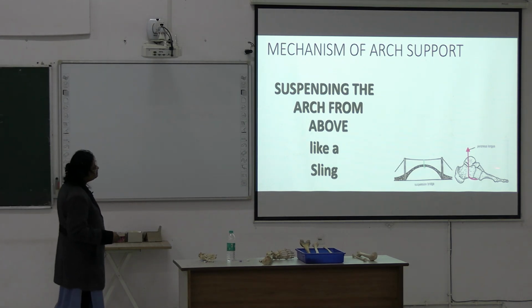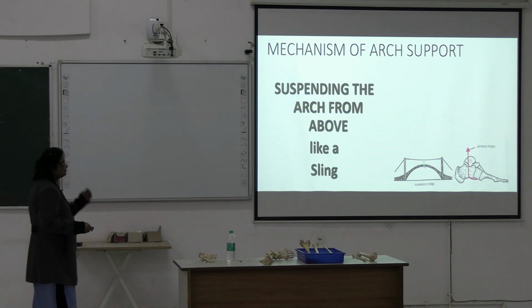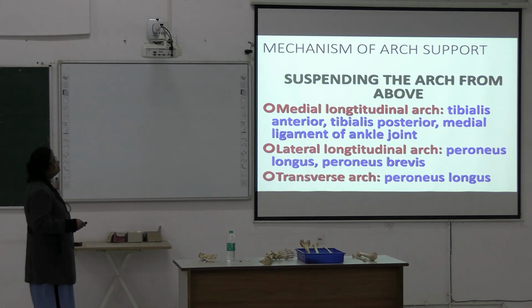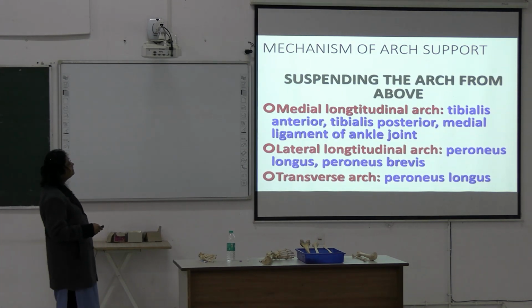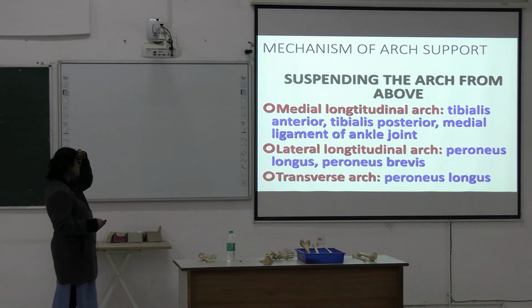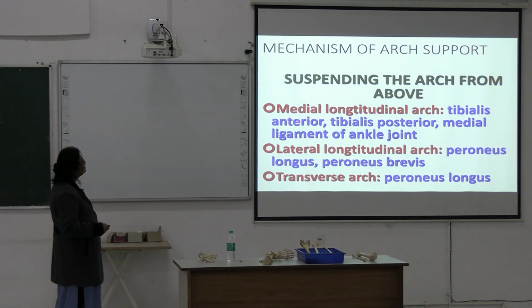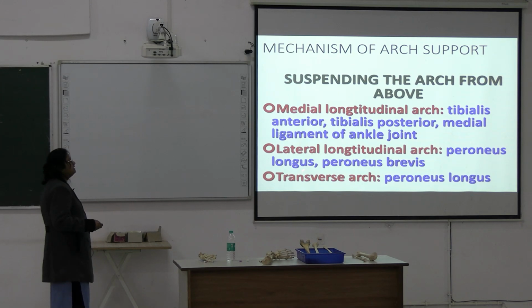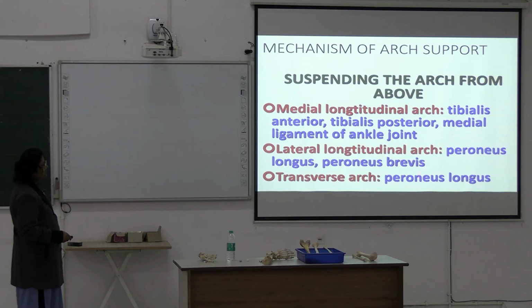Here peroneus longus is acting as a sling, suspending the arch from above. For the medial longitudinal arch, tibialis anterior, tibialis posterior, and the medial ligament of the ankle joint are all forming the sling. For the lateral longitudinal arch, peroneus longus and brevis form the sling, and for the transverse arch, peroneus longus is